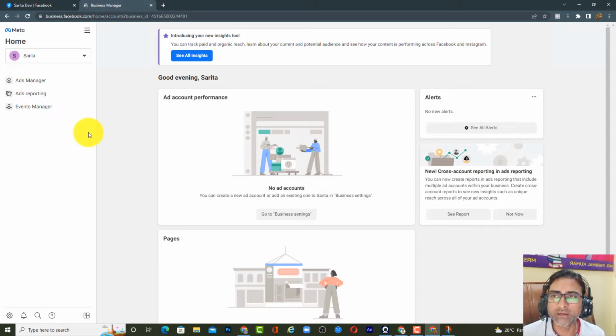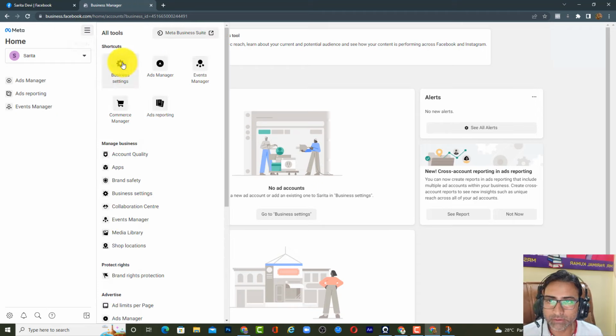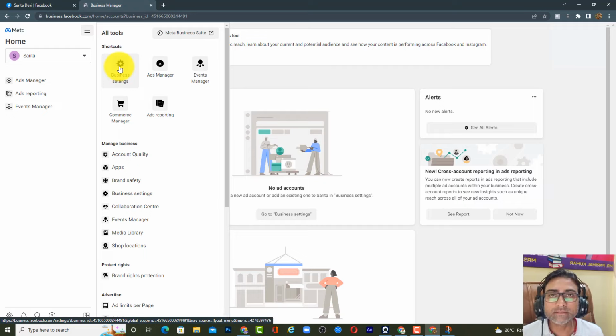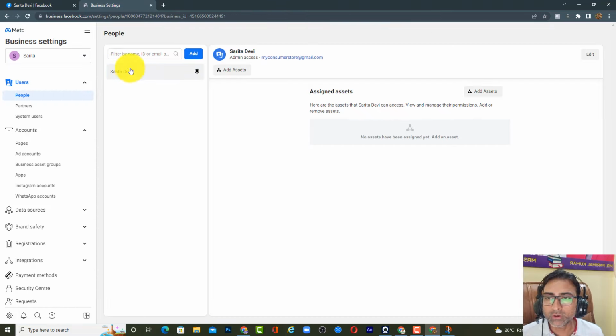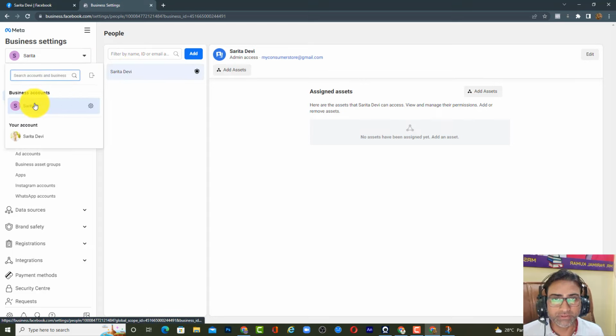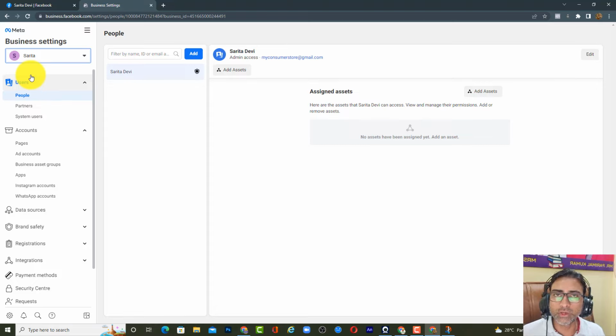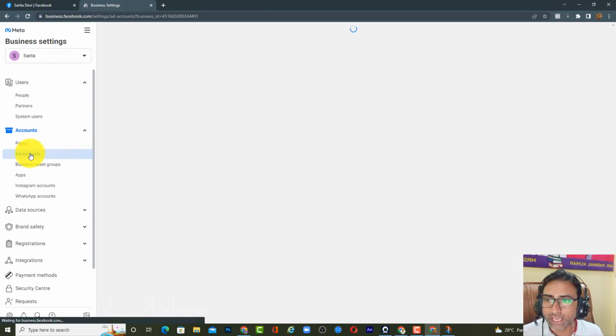So once you are here, the first thing that we're going to do is click on all tools, and we will click on this icon that says business settings. Let it open up. Okay, so we have the business name that we gave, which is my wife's name. You will also see the business name whatever you have chosen at the time of signing up, and then this is your personal ad account. So the first thing that we need to do is create an ad account. So click on add accounts,